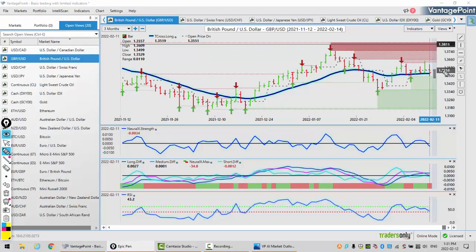When we push these together and we use this in a checklist, so to speak, like you've seen me do in the VP room, we have our verified resistance up here. We have remained below the weekly opening price, pressuring the T-cross long. But now we have our neural index. The slope of that neural index strength indicator is sloping down. Our MA diff cross is crossed to the downside. Our neural index itself is in agreement. My only concern is we're lacking momentum here. So that momentum may actually show itself on Monday or Tuesday of next week.